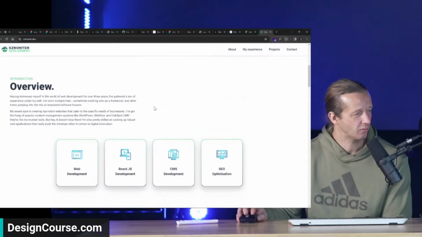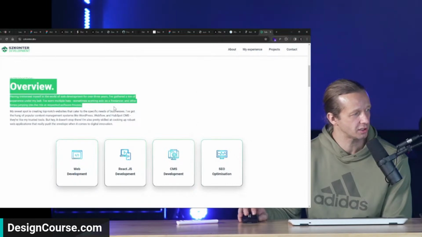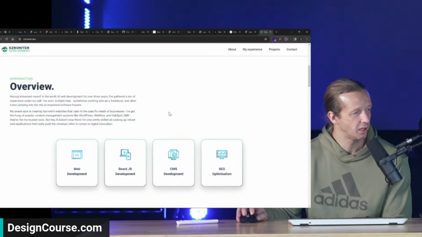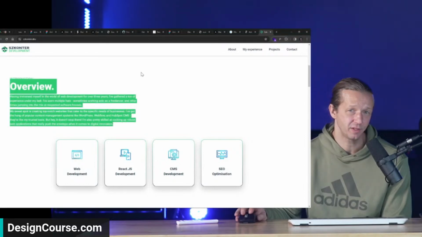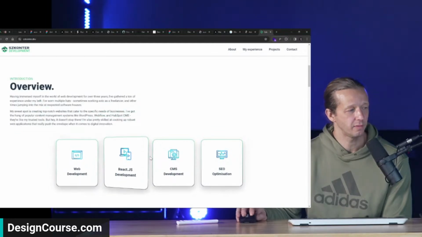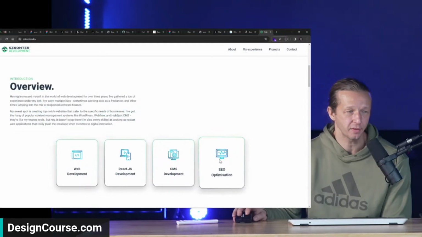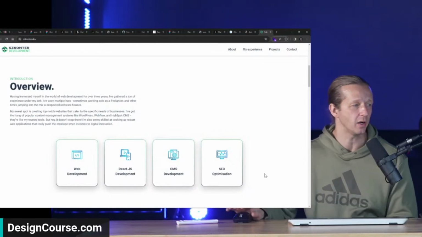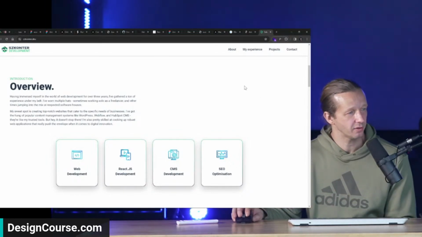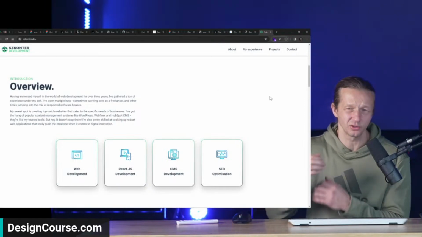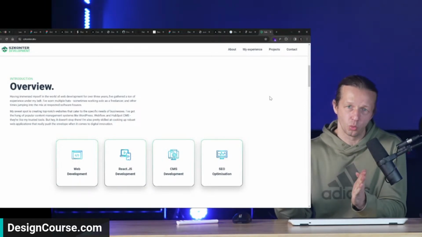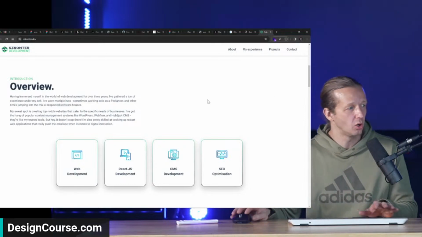So we have some weird layout issues right here. This is basically a 2-column layout up here at top. You have one column here. It ends about 50%, and then a blank area here. And then you have these cards that are just center aligned underneath them. So it feels like it's a broken layout right now. You need to put something over here. There's a couple things that you could do to fill that space. You could take this paragraph and maybe put it over there, although it's still stretching pretty long. So you'd want to create a fixed width on a large desktop to avoid really long lines of text.